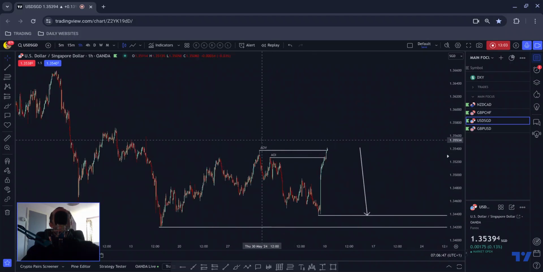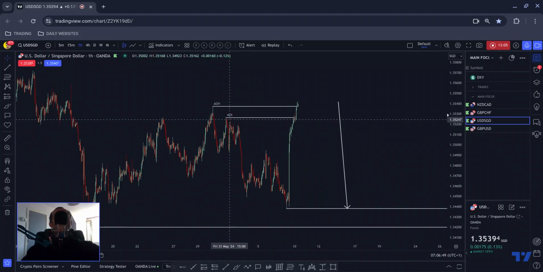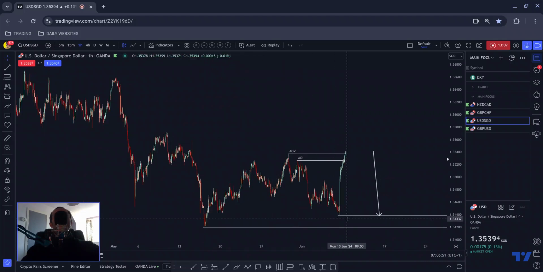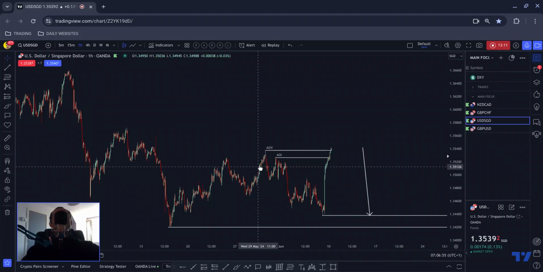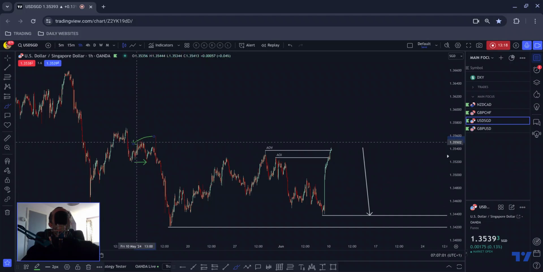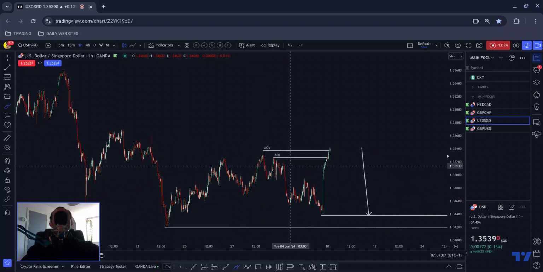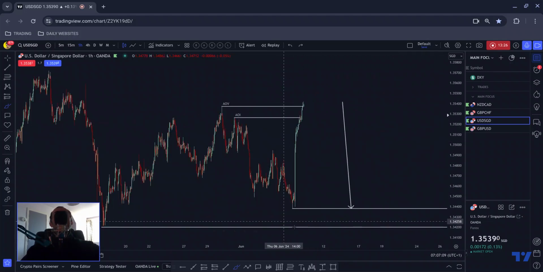So we have this high here, and we have the near miss to it. We also have that near miss to that low. So this is a standout area of value. We can separate the structures. We've got this structure here: price breaks above, pushes to the downside. A lot of people will be paying attention to this high. So what I'll be anticipating, you can see we're at the area of value.